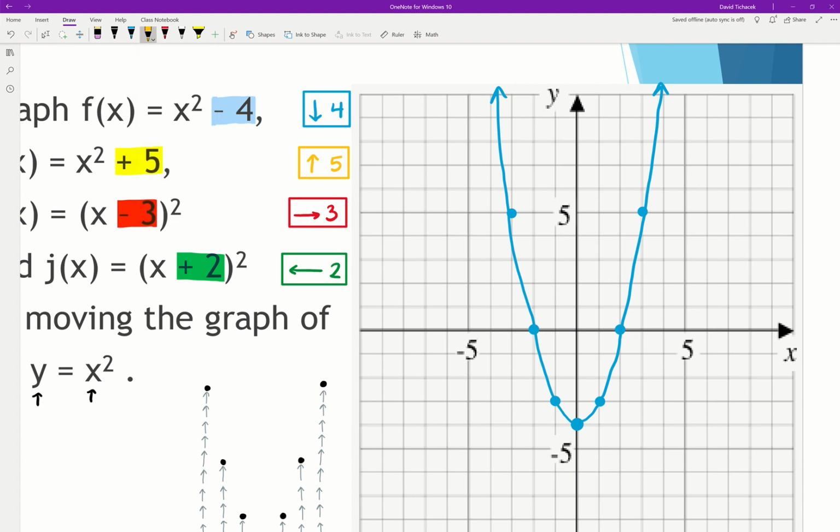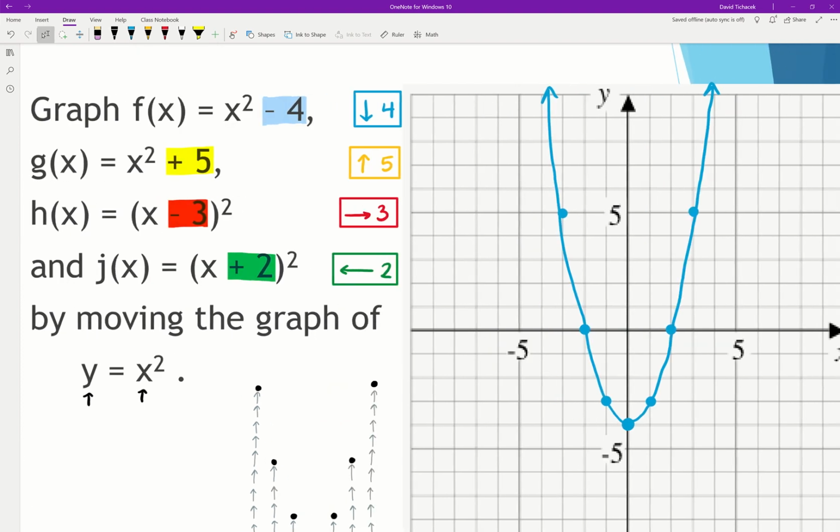So in the case where we have g of x, which is x squared plus 5, I would just go ahead and shift everything up 5 units. Okay, so the vertex was at 0, 0. I'd shift that up 5, so I'd be about right there. And then I'd follow the same general skeleton pattern for my parabola. So sprout 1 to the left and to the right, go up 1. Sprout 2 to the left and to the right, and go up 4. Gives me a nice and easy general shape just like that, and go ahead and approximate the rest with a